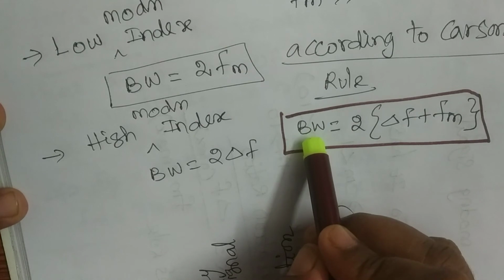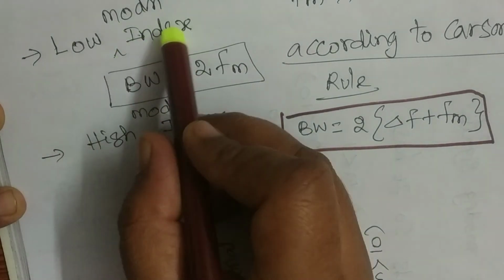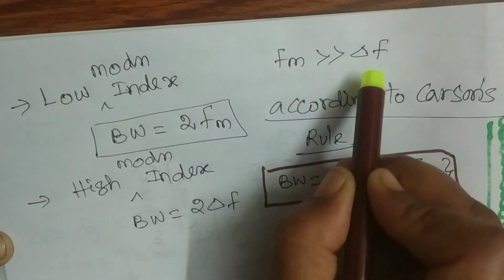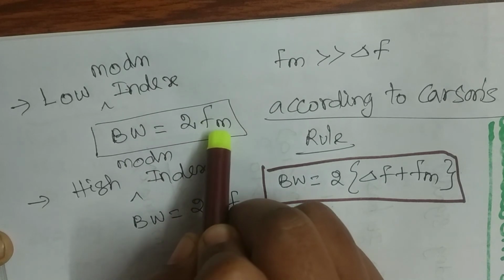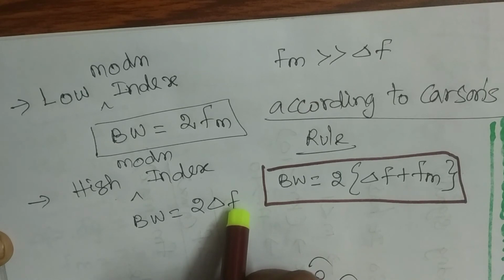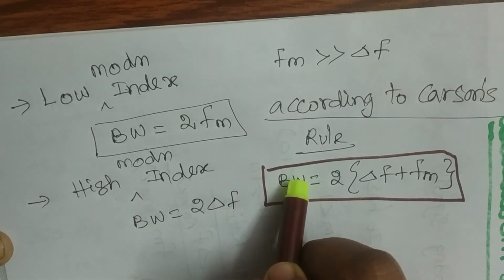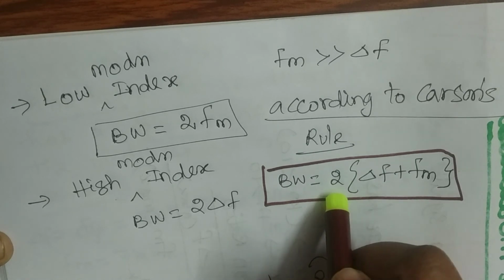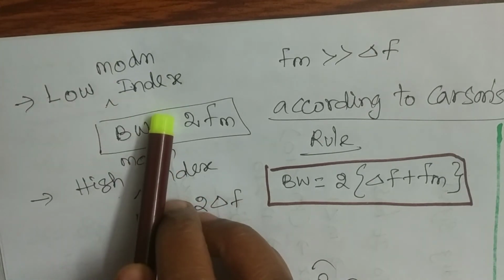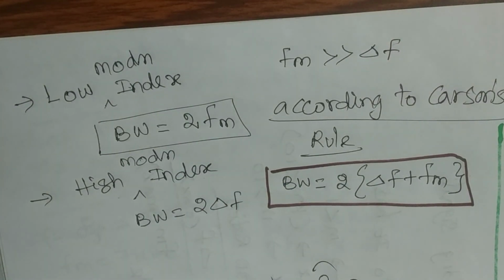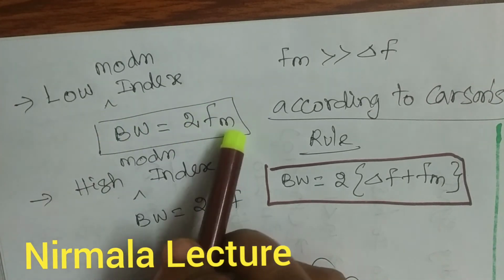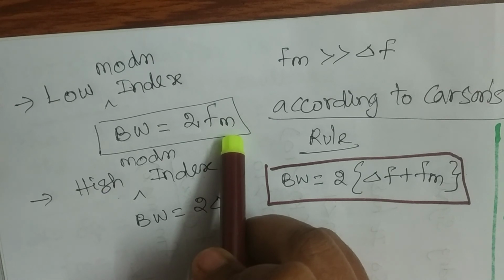So here for low modulation index, the bandwidth is 2FM because FM is very much greater than del F, therefore the minimum bandwidth is 2FM. Then for high modulation index, the bandwidth is equal to 2 into del F. So according to the Carson rule, the minimum bandwidth for angle modulation is 2 into del F plus FM. For low modulation index, all the signal information is carried by the first set of sideband frequencies. So here the minimum bandwidth is similar to the amplitude modulation bandwidth, which is called